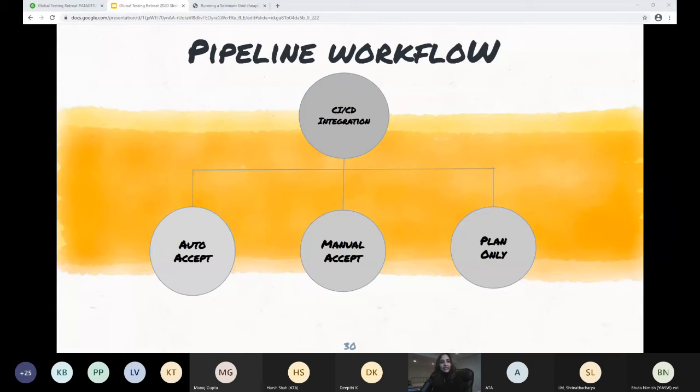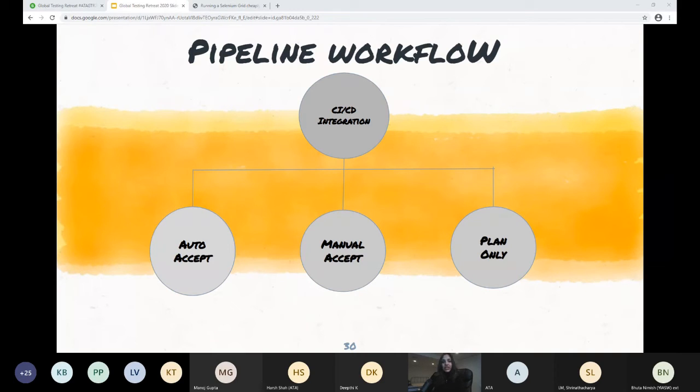So the way we can add Terraform to the pipeline, it's very CI/CD friendly. As I said, that is what we want to do, right? With continuous testing, we want to be able to create a sophisticated infrastructure using our pipeline. So when you use Terraform, you have different options.